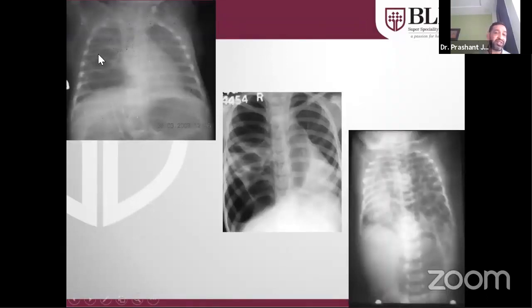So in this child, you can see the multiple cystic spaces, but not a diaphragmatic hernia. The diaphragm is intact, but this is a congenital cystic lung lesion. This was a pneumatocele, and this is a diaphragmatic hernia. So sometimes the imaging can be very confusing, and for a surgeon, it is very important that before planning the surgery or before prognosticating to the parents about the surgery, we confirm our diagnosis. Most diagnoses, I agree, can be made just by careful reading of the X-rays, but if you are not sure about the diagnosis, you can proceed with further contrast studies.